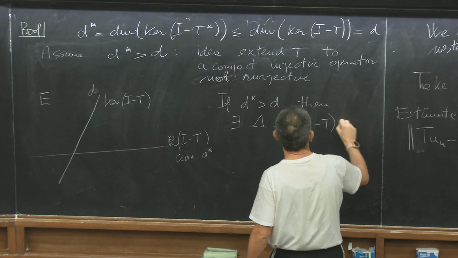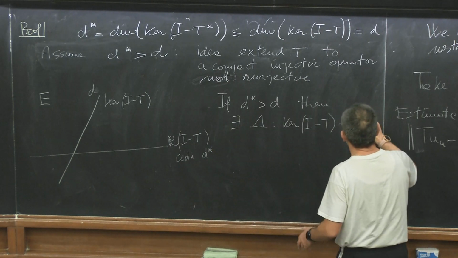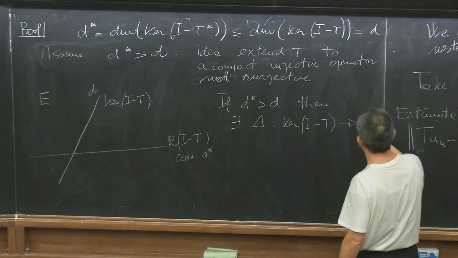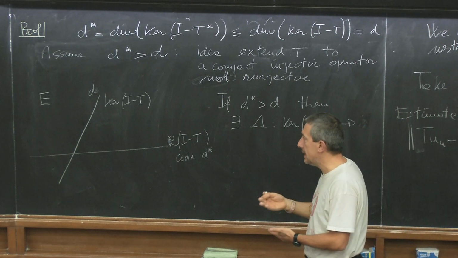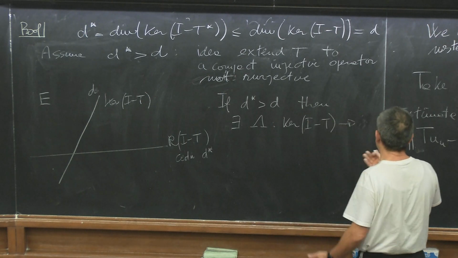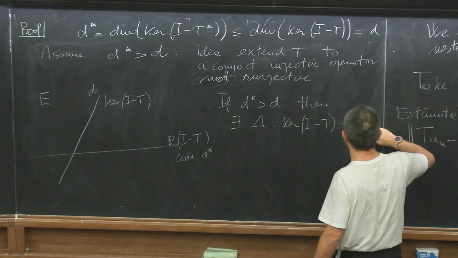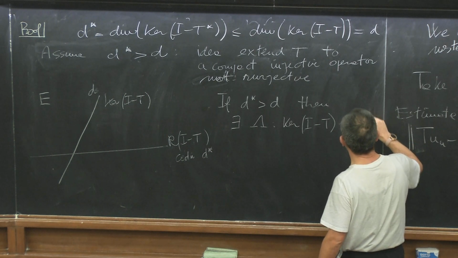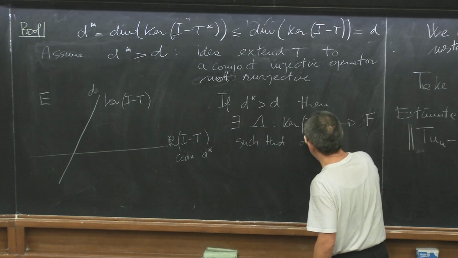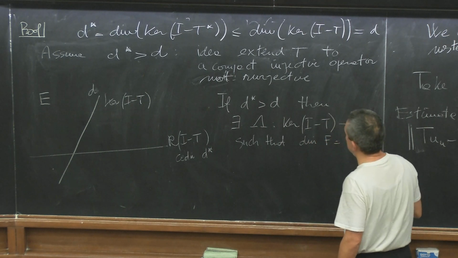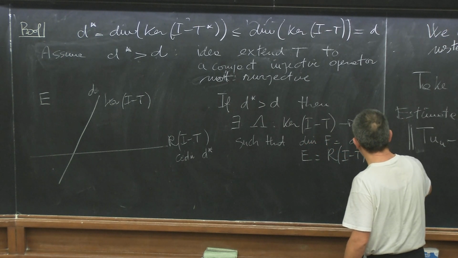of identity minus T into, let's say, any supplementary space, the supplement space, but okay, it's into some, let's say, S, such that, okay, maybe S is not a smart notation, let's say some F, such that dimension of F is equal to D star, and then I have the decomposition E is equal to the range of identity minus T plus F, and